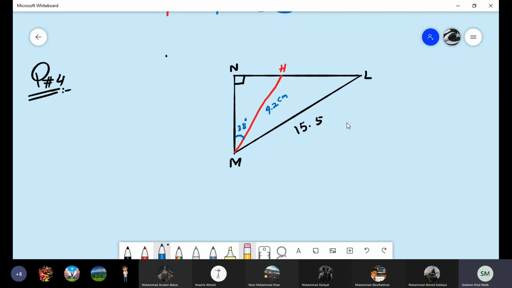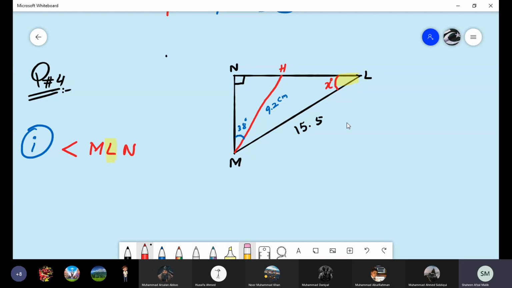Understand all these points of the diagram? What is given to you already? Now what do you have to find out from this triangle? The very first thing, you have to find angle MLN. So in angle MLN, the angle is at which letter? Just tell me. L. So it means here is an angle that you have to find out. Yes, I will name that angle as angle X.